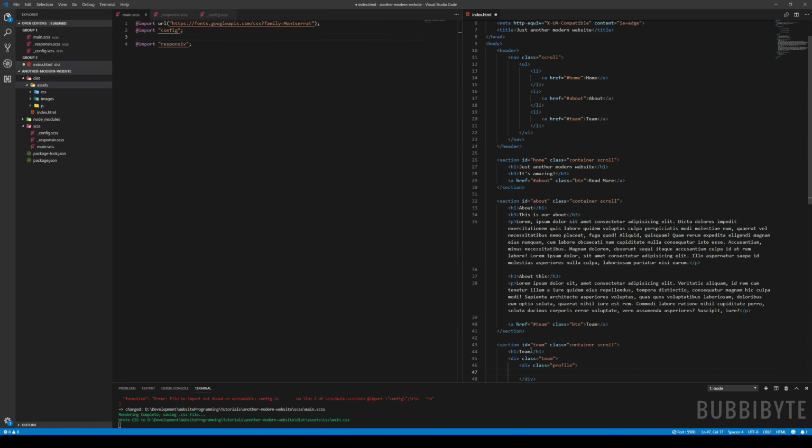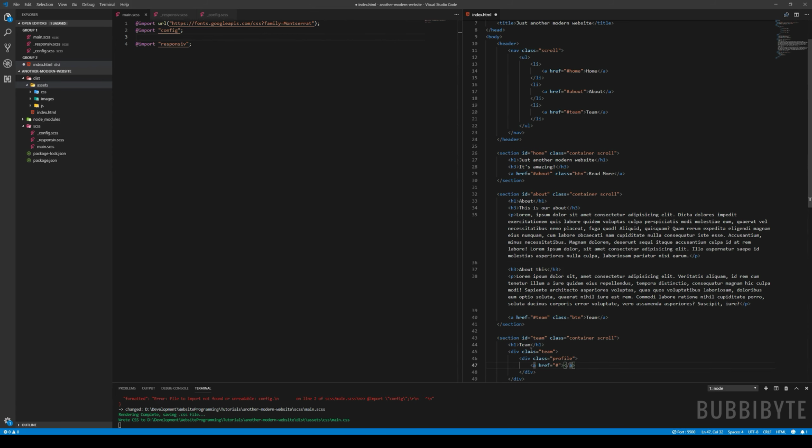profile, and we'll put in just an href to nothing, and then we want to go ahead and make this an a, so all the profiles will just be like a link. So we'll go ahead and say image, and the source will be pointing to the assets folder, images, avatar, and we'll just say me, and